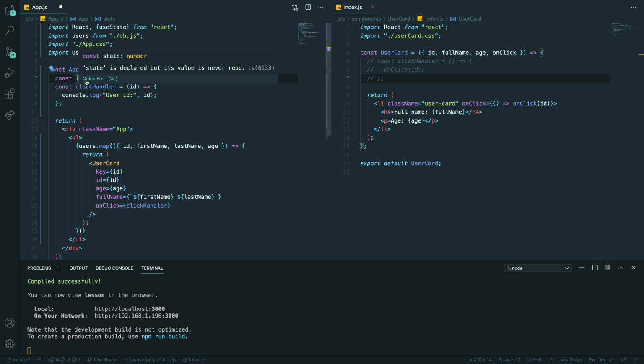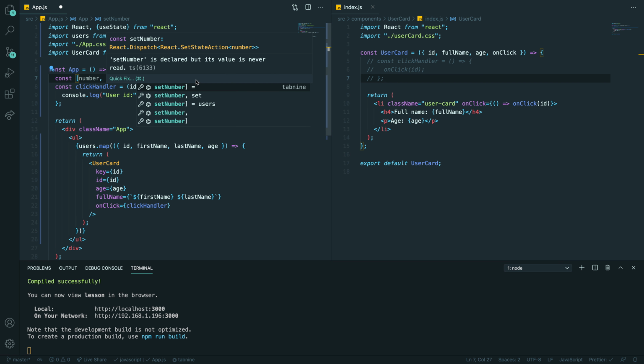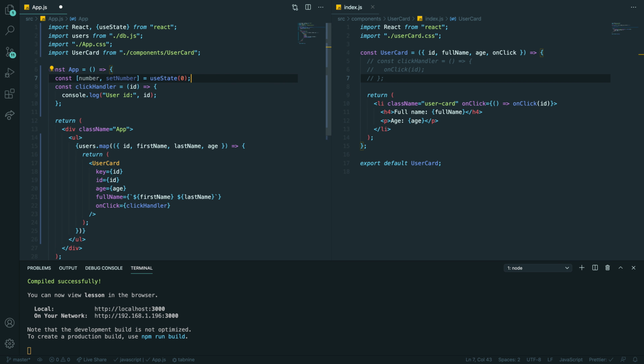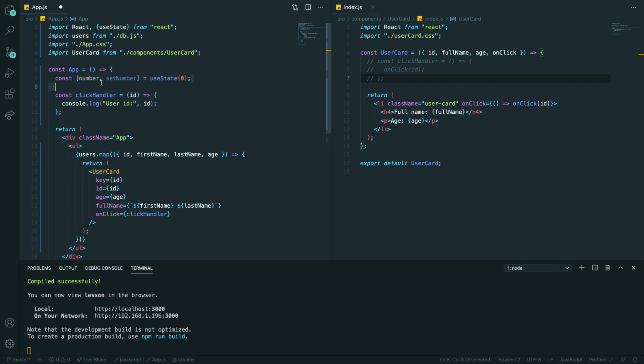So state, this is your value, and I want something like, I don't know, number, and setNumber. So this is the default syntax for the state. You have the variable for the value, and you have the variable to set the value. Every time you want to modify state, you need to use set whatever value you want to set.